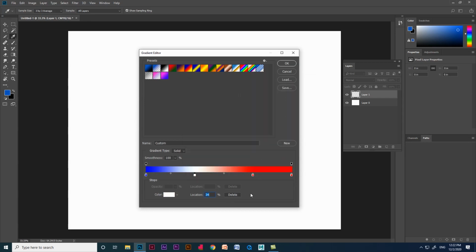We can also create a new gradient and save it. Select a gradient from the presets and change the colors we need, or drag the box away if you want to delete it. You can see the diamond shape. If we drag those, we can adjust the midpoints of the color and the feather too. When it is done, click New. A new gradient will appear in the preset section. Now we can select it and use it.